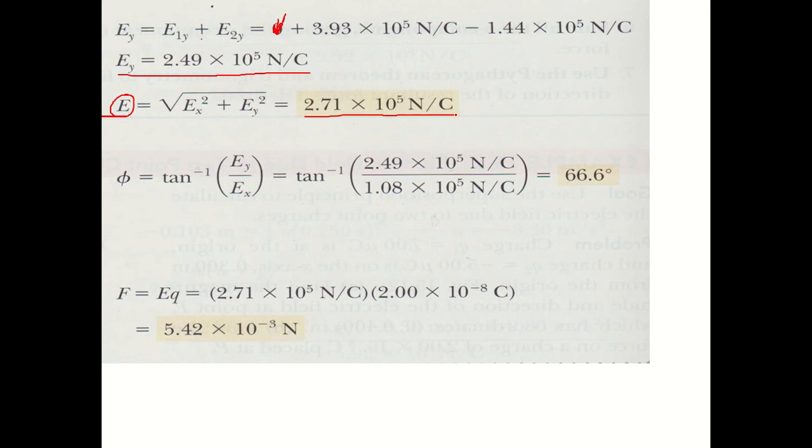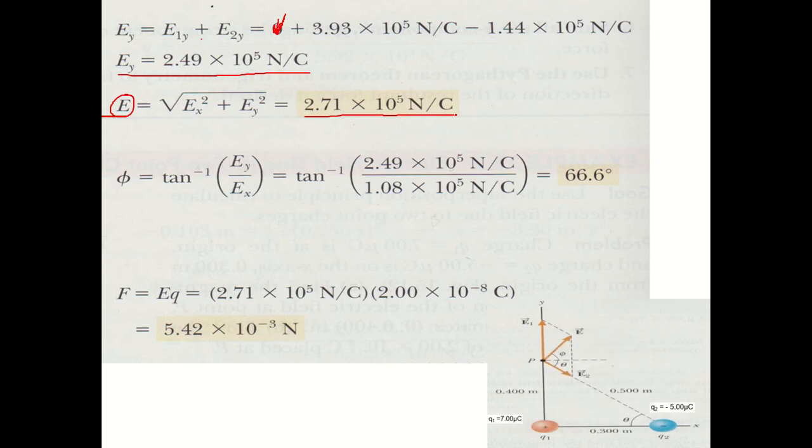Now for the direction. So for the direction, as you can see in this picture, class, in this illustration, we have E here. We're talking of this E. So we have calculated this E, that is the resultant. Okay, so now we are going to find the angle phi. So this is the angle phi here. So we're talking of this angle. Okay, so to get this angle, we just use the